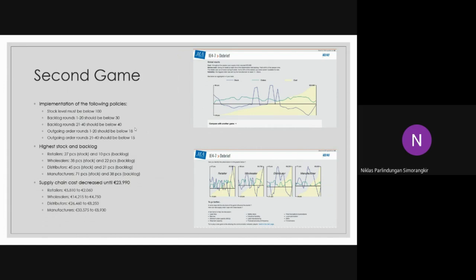Yes, so we actually increased the tolerance. As I mentioned before, our main purpose now in the second game, where we implement these policies, is to make sure that the bullwhip effect doesn't become too strong, because of this bullwhip effect in the first game, everything went out of control at some point. So we increase the tolerance of the backlog rounds because we know the bullwhip effect, no matter how much we try to control it, will eventually become more prominent as time progresses. That much we already know. That's why we increase the tolerance as the rounds go on. However, it is still in